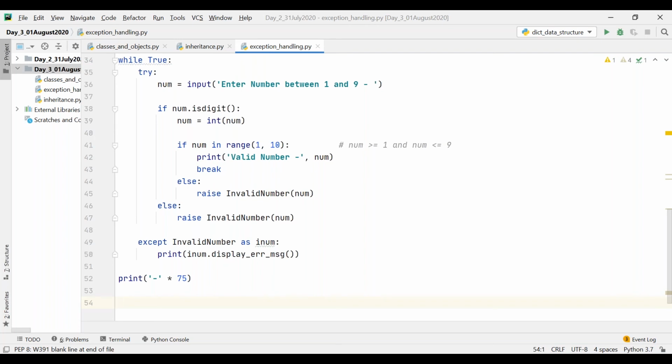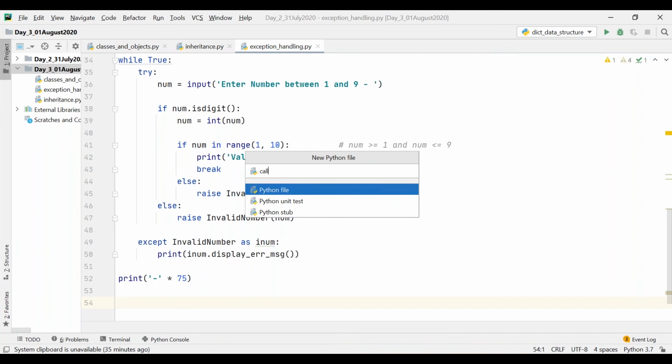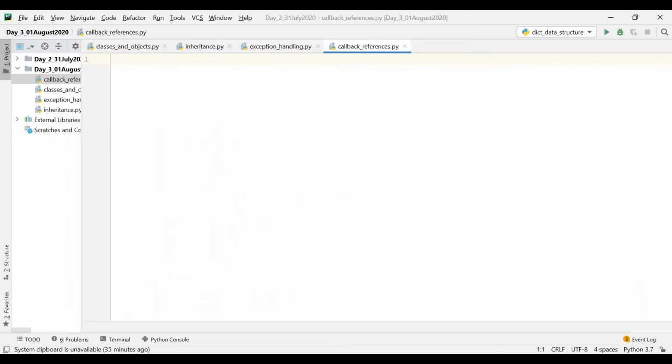Yes. Okay. Next, what we are going to see is callback references. Let me define one function, like a very simple function, not much complex.